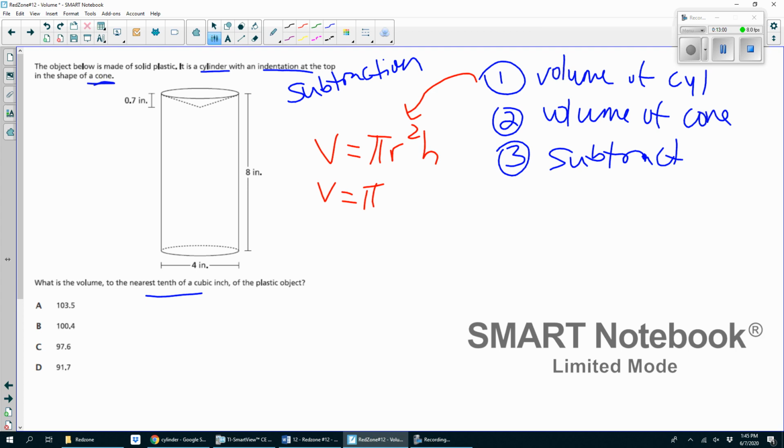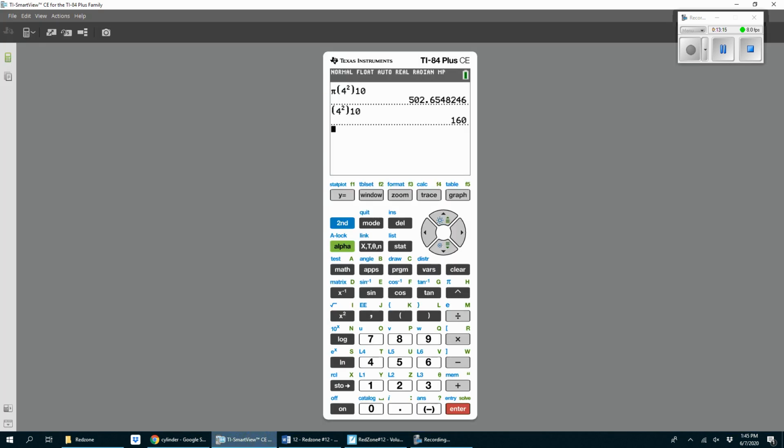The radius they don't give you, but they do give us the diameter. And we know that the radius is half of that. So that would be 2 squared. And the height they give you very clearly is 8. So I now go to my calculator and I do pi times 2 squared times 8, just like I wrote it on my paper, and I get